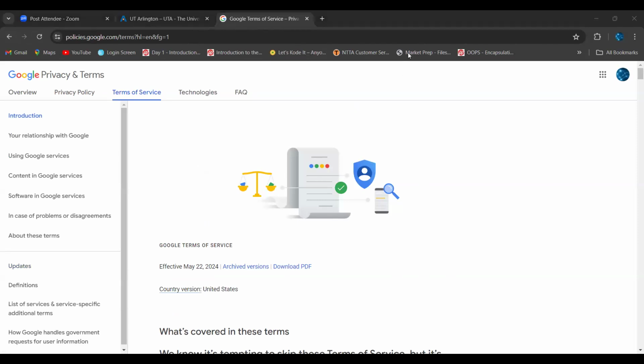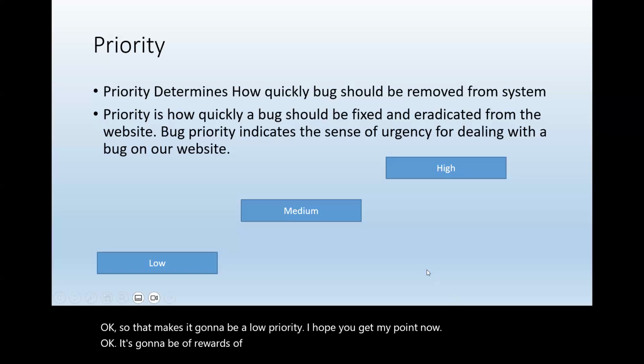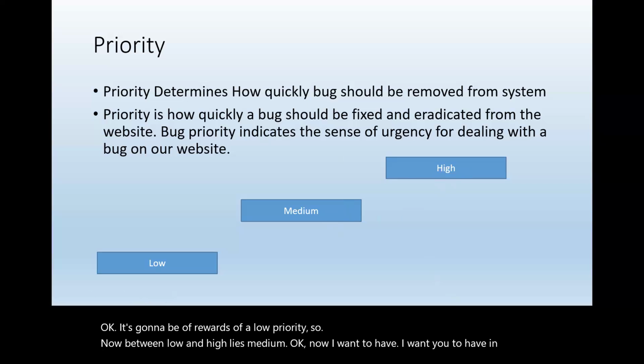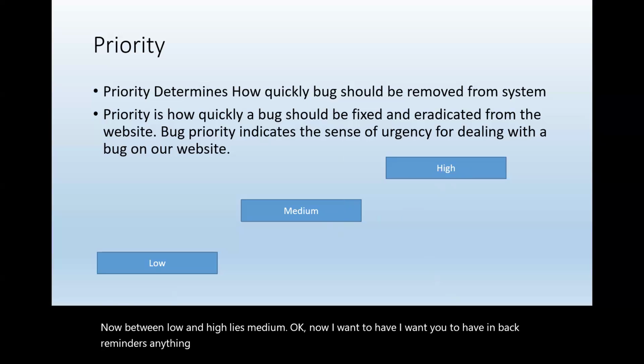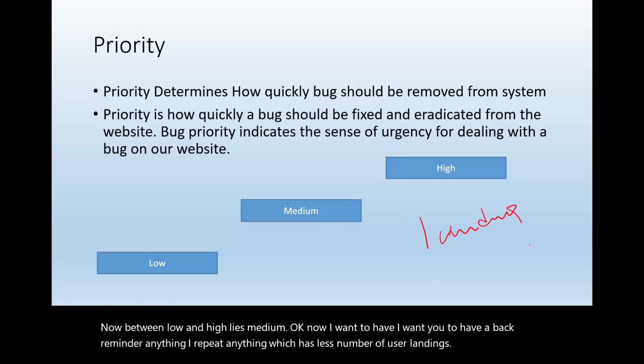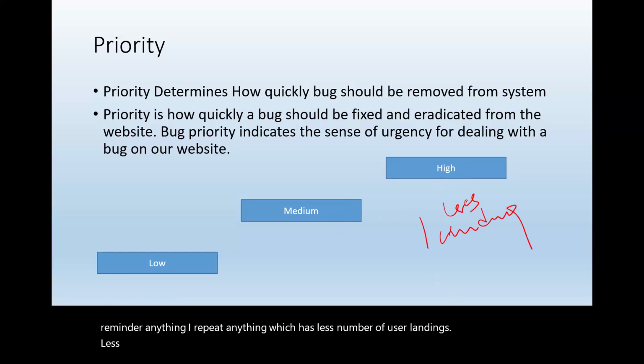Okay, so that makes it a low priority. I hope you get my point now. Now between low and high lies medium. I want you to have in the back of your mind that anything, I repeat, anything which has less number of user landings,